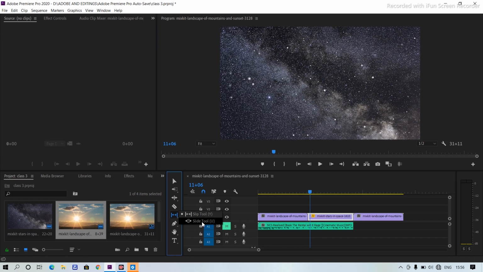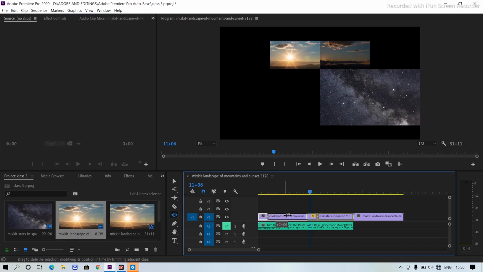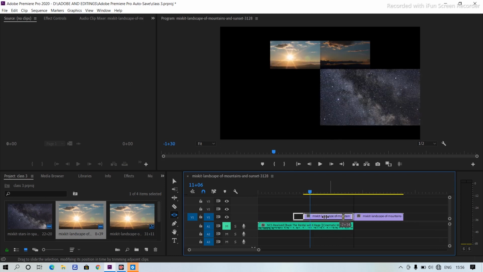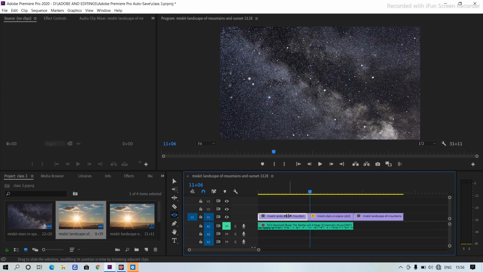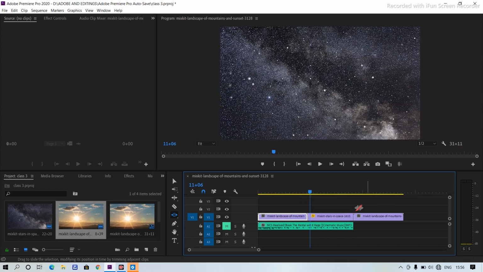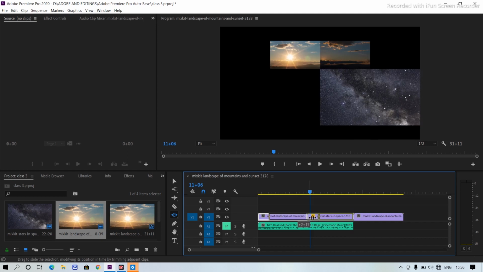Then let's come to the slide tool, which has its shortcut key as U. What it does is, you can see, it is like the override button. It will simply overlap the video. Okay, slide. But the thing is, you can also drag it back. So you can just simply drag it if you want to do it by this amount or anything. Okay, so it is like the override button. It will overwrite in another video.